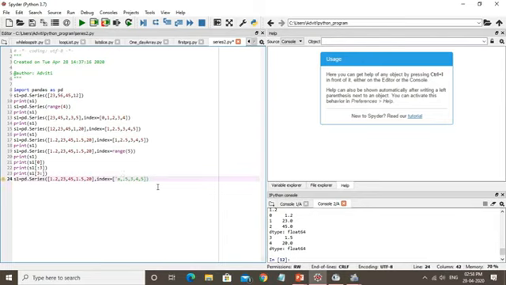Look at here, I'm using character values: A, B, then C, D, and let's say E. Okay, so I'm creating 5 elements and 5 indexes.